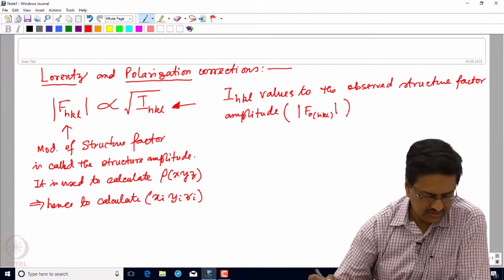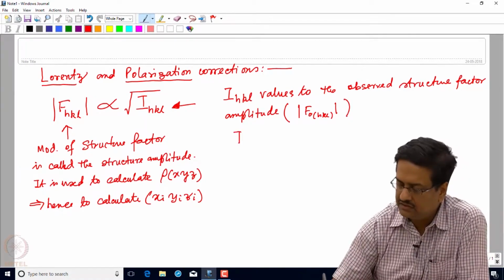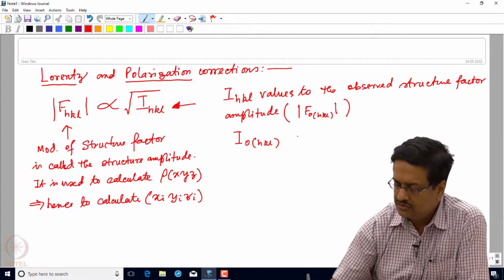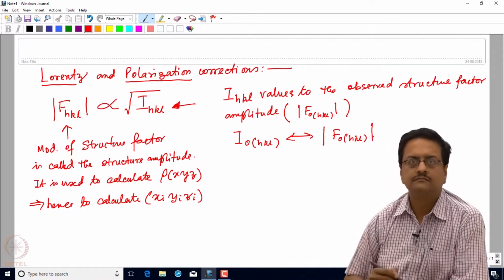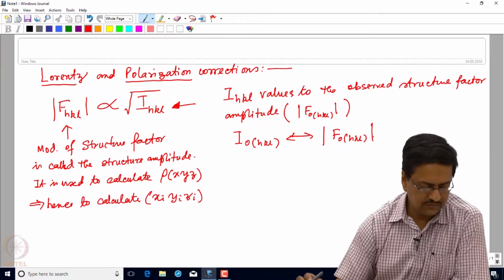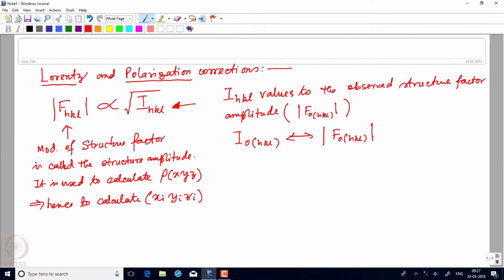So what we need is a relationship between I observed for every HKL with the mod of F observed HKL. So the relationship that is used in a data reduction program is written as FO